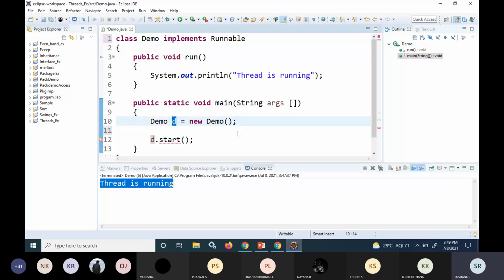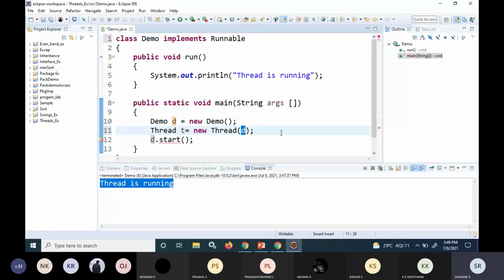But this object should be passed as a parameter to the Thread class, like new Thread(D), which I'll store in a reference variable called T. So this object should be passed inside the Thread constructor.